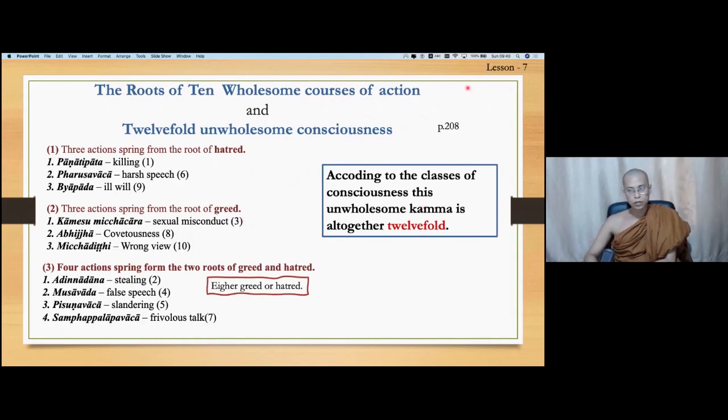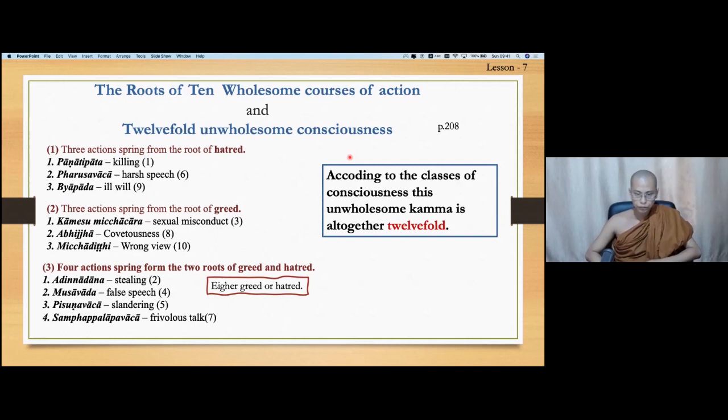Here, this is also a slide from lesson 7, and it relates the 10 unwholesome courses of action to the 12 unwholesome consciousness by the base of hatred, greed, and also delusion, which is common to all unwholesome courses of action. So there are 3 roots for the unwholesome: greed, hatred, and delusion. From the 12-fold unwholesome consciousness arising, a person performs the 10 unwholesome courses of action. It produces the bad result